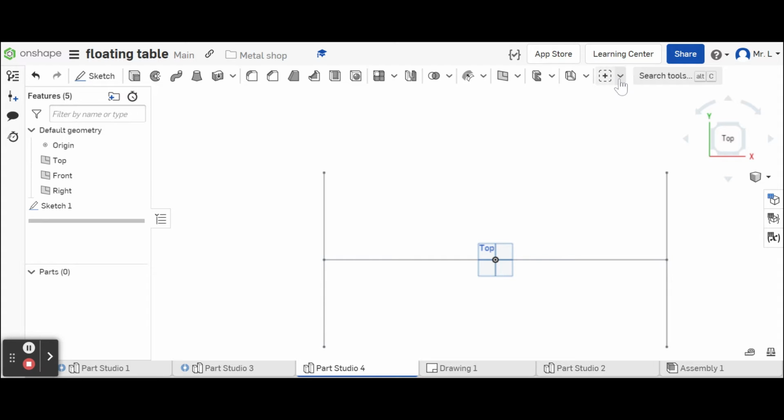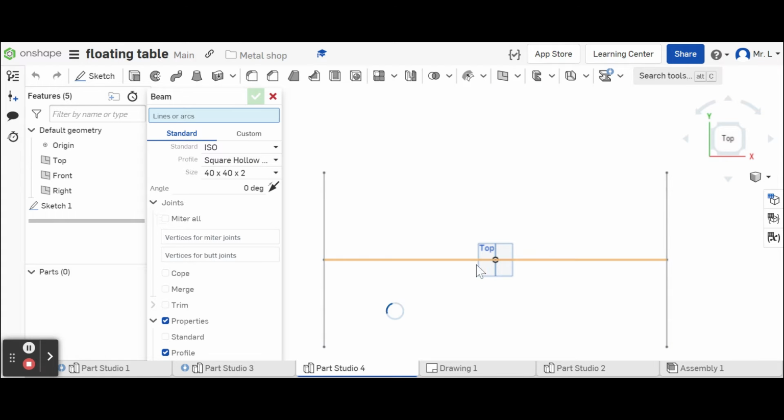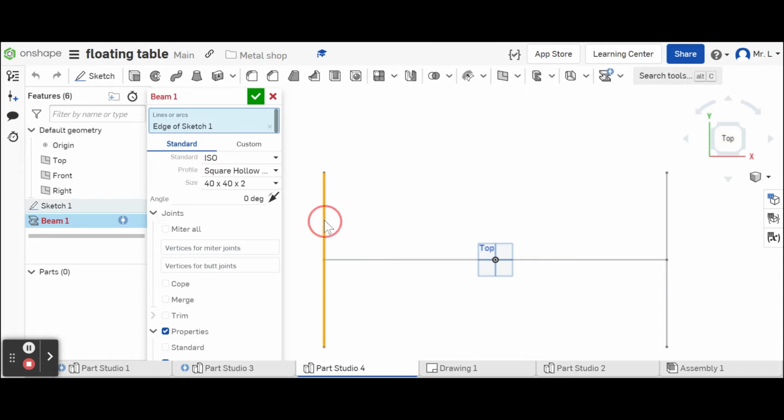Next, we're going to use our beam tool. So I'm going to get it here, drop down, click my beam tool, and it's defaulting to what I want because I've already used it on the last drawing. And so ISO square hollow 40 by 40 by 2. And so I'm going to do this outside one first. So I'm going to click on that, and I want to pull it in because I want the outside to be